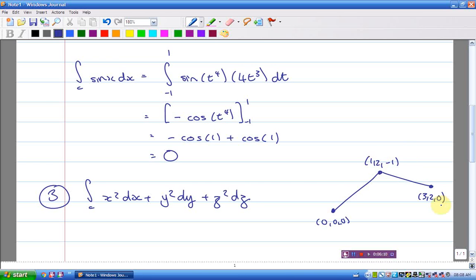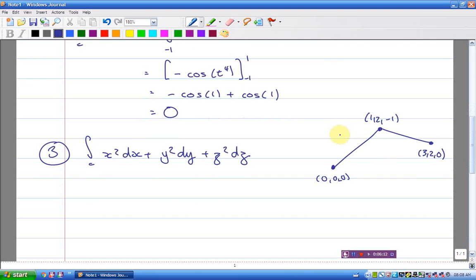Okay. So I've actually got 2 line segments there, C1 and C2, where my curve is the union of them. So let me parameterize R1 of t. R1 of t is going to be just, well,